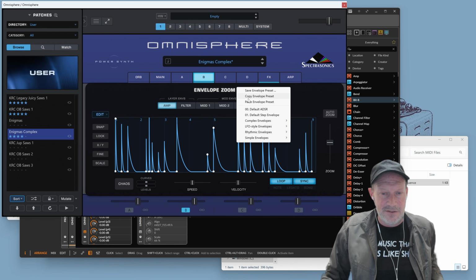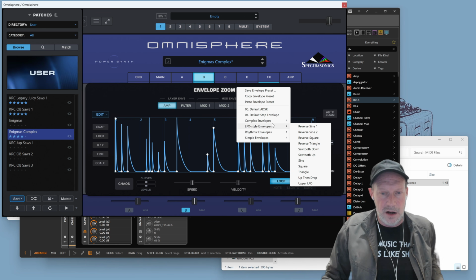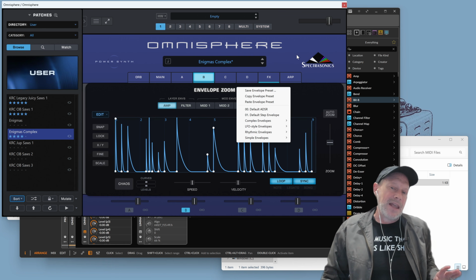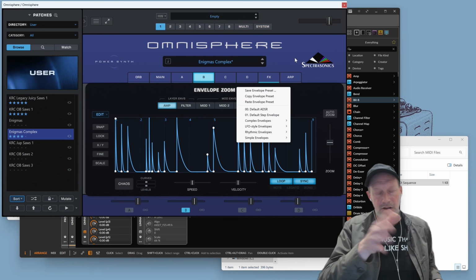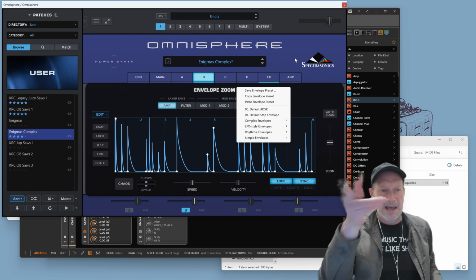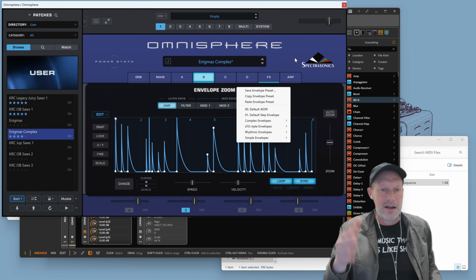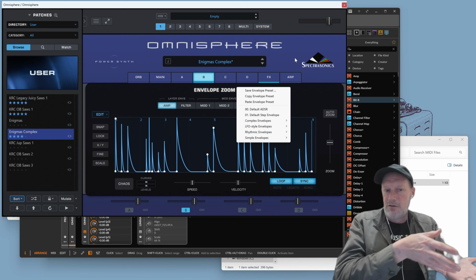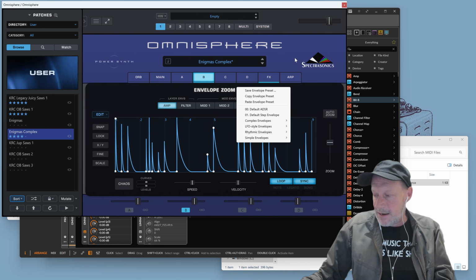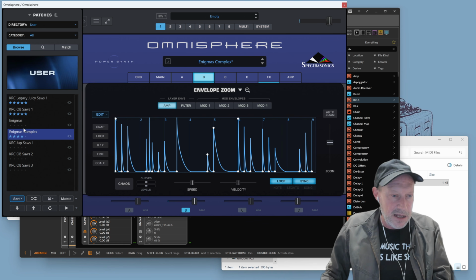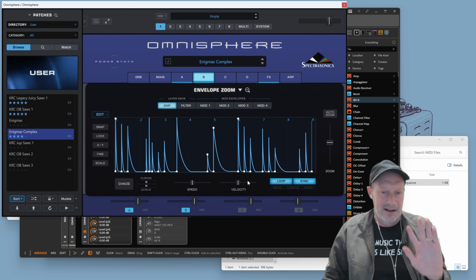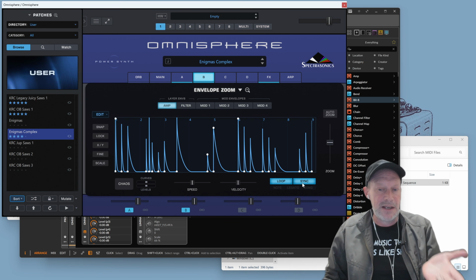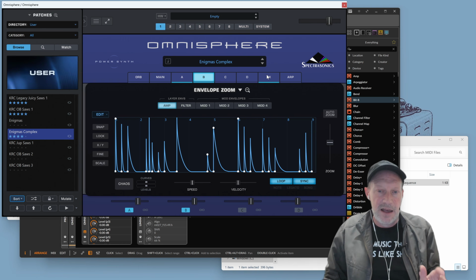So I couldn't actually find a way to import a MIDI file as the envelope, but that's a really neat feature. People used to use this a lot with Stylus RMX. You'd have a groove going in Stylus RMX, and you could just drag and drop the MIDI for that pattern into the envelopes, and then your envelope has the same groove as your drum groove. But anyway, it's pretty neat that the envelopes can get crazy like that. And there's even more we could drill down into, like the chaos effect. The envelopes can loop like I'm doing here. They can sync to BPM, which they're doing here. And then I have some other